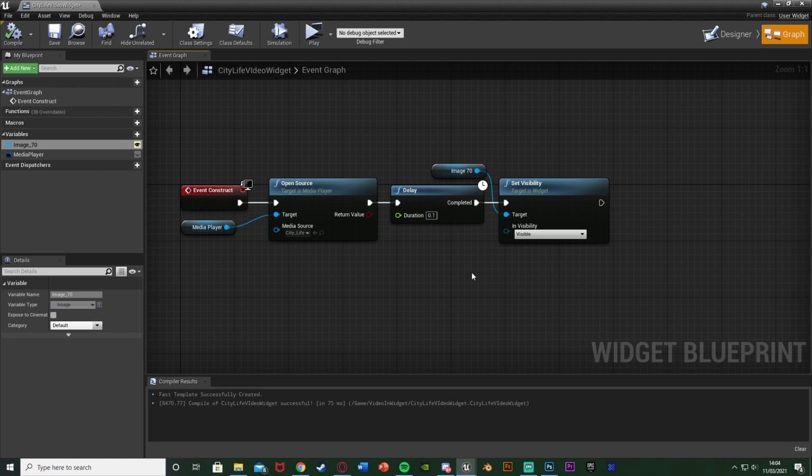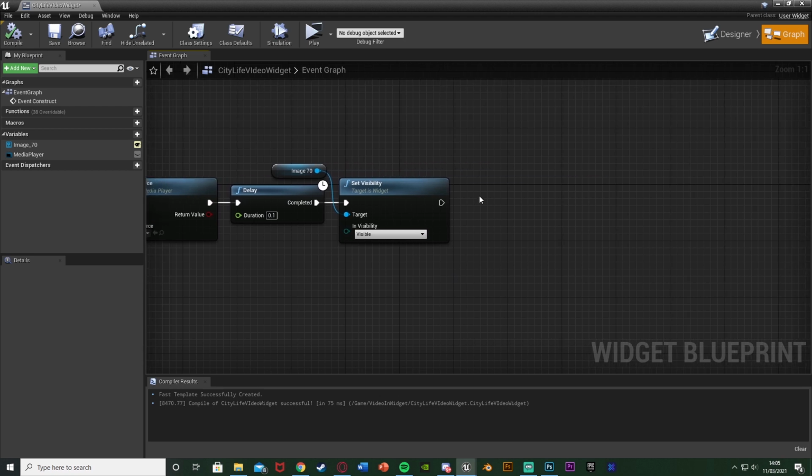Because what it looked like it was doing was adding another frame at the start of the video, which was making it flicker, which obviously we didn't want. So this is the workaround which I found for it. If you've encountered this before and you've got a better fix, then obviously let me know in the comments down below as well. But what we're going to do after this is we're going to hold down D, left click